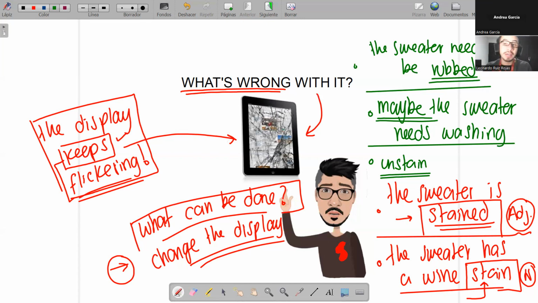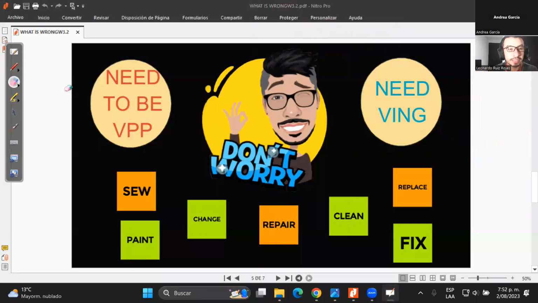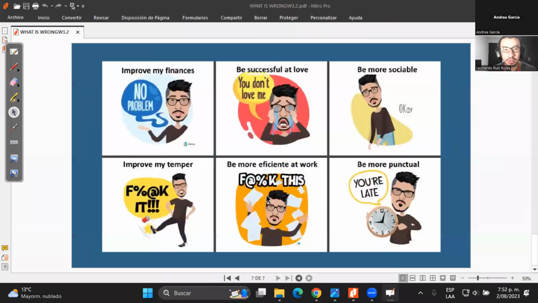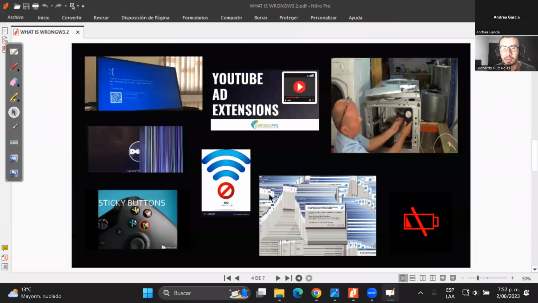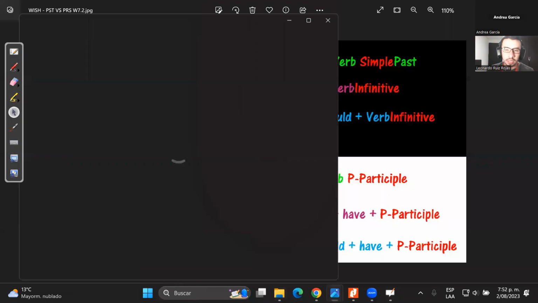Muy bien, very good. So we have two options. Depending on the one that you want to say, you can use the verb in past participle or the verb in ing. Ready? How do you feel, my dear? Good questions, problems over there? Easy, no? That's easy. Easy, very good. So over here, let me just erase this part. We're going to find a final picture. Wait, let me just find the picture over here. Listo, my dear.